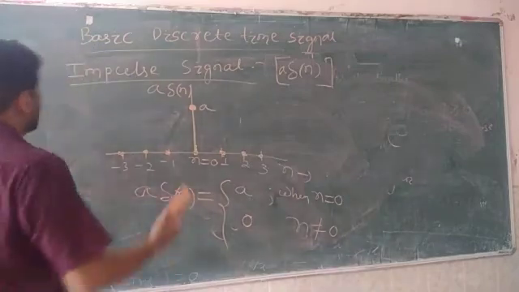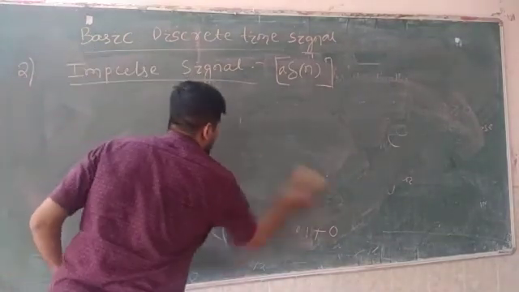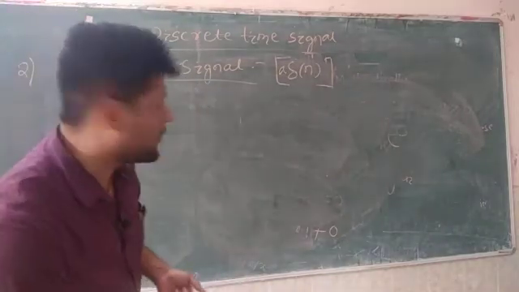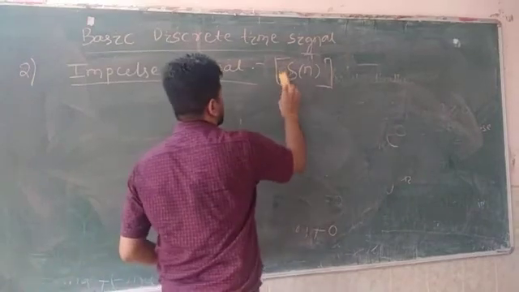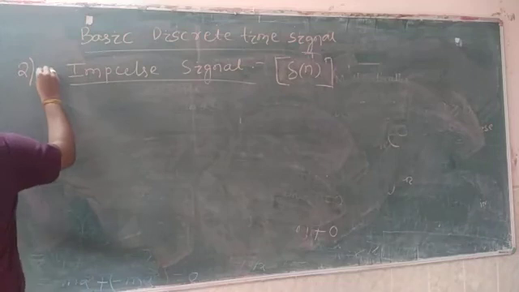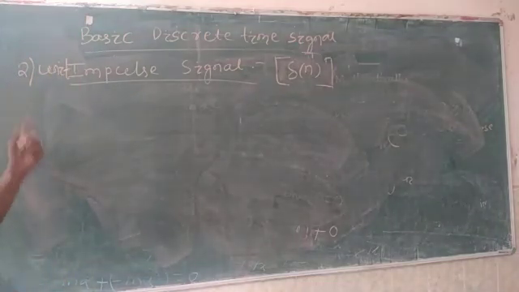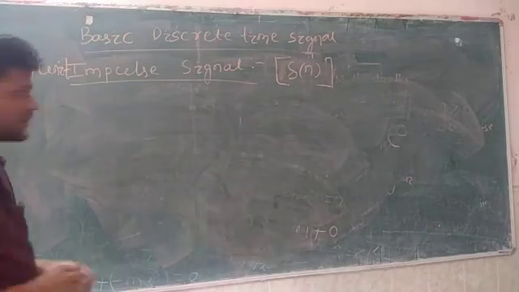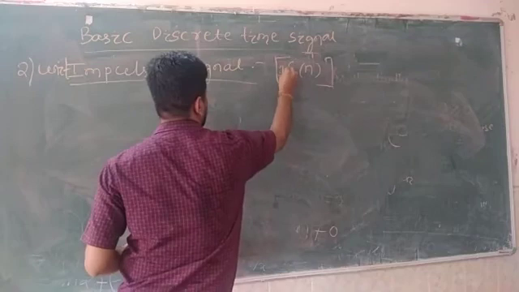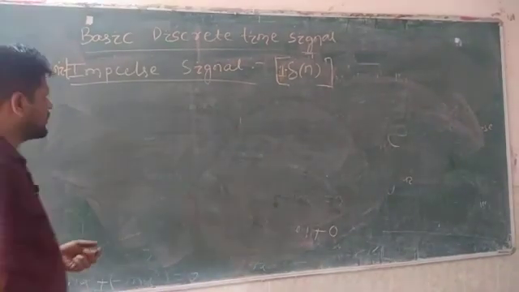So the second thing is, you will study the special case of this unit impulse signal. The moment I say unit impulse, that means the area is 1, that is, the A value is 1. So you have to draw it like this. Next is the special case, that is your unit impulse signal. The moment I say unit impulse signal, here the area is 1, nothing is present, so you have to assume the coefficient is 1.